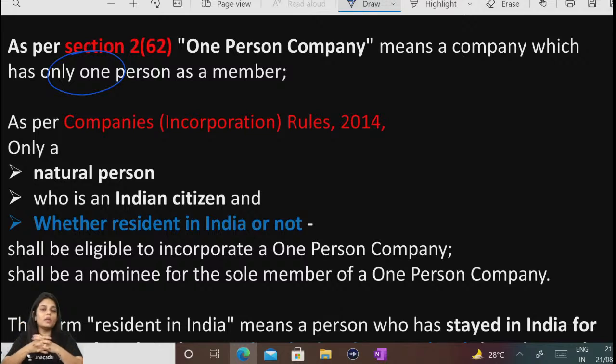So as I said, in the year 2005, the JJ Irani committee suggested that we should have an OPC, and in fact they gave this whole paper where they submitted that we should have different classifications of companies, where classification on the basis of size, that is a small company, was introduced. And this is how later